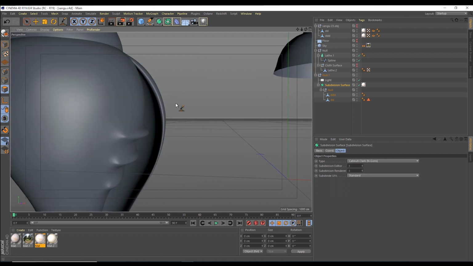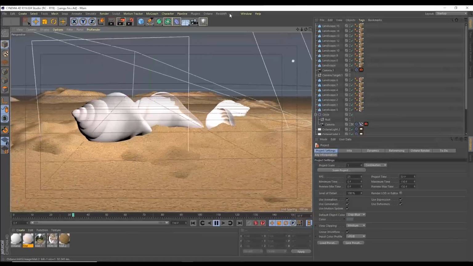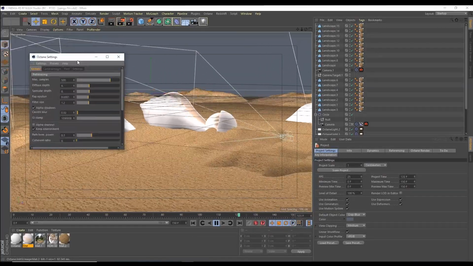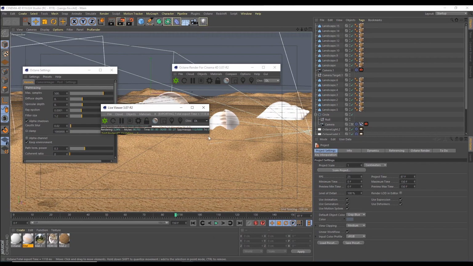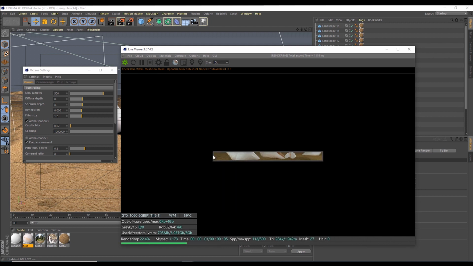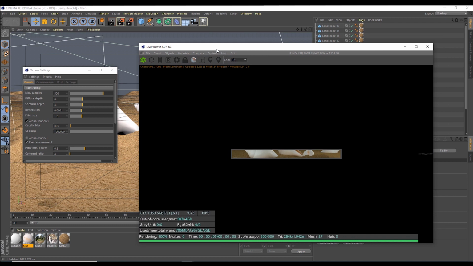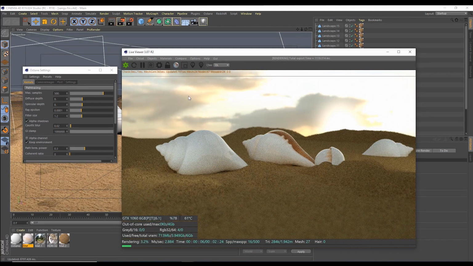This model you are seeing has been rendered by Octane Render. In the path tracing setup, I have given a maximum sample of 500 and a diffuse sample of 8 for rendering. The render has been taken, so I think the quality is not bad.